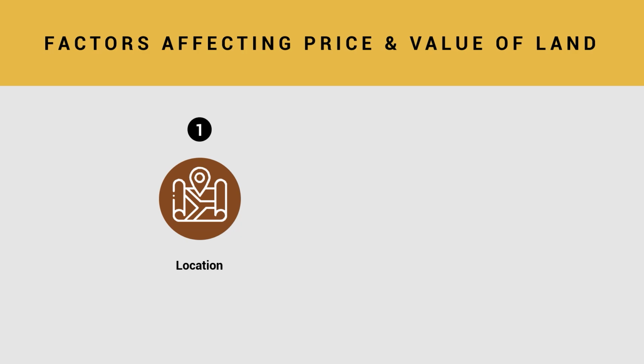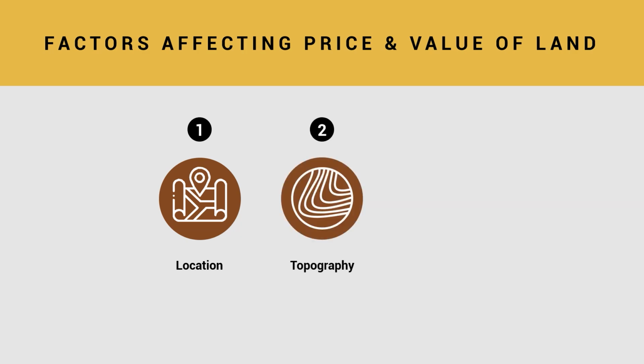The unique factor affecting the value of land is the topography of the land, which basically talks about how your land is. Is it a plain land in the middle of a city, or is it a huge agricultural land outside the city which has a lot of plantations? Is it a rocky land? Is the land mountainous in terms of the topography, or does the land have a pond in the middle of it? Does it have a lake? Is the water under the land easily accessible, or is it too deep?